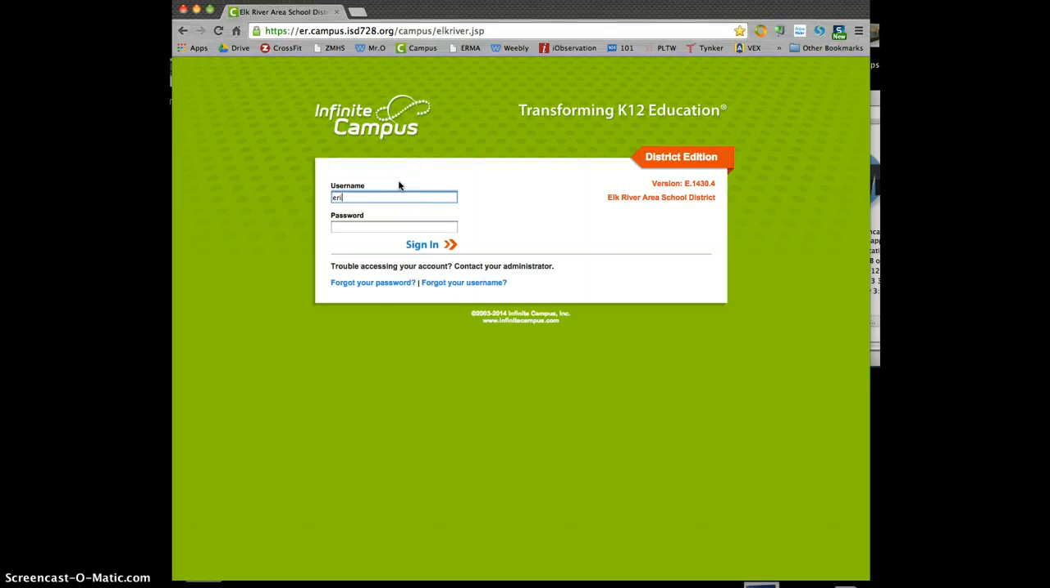And it's just your first name dot your last name, and then it's your password. That works for all things. Works for your Gmail, works for your Campus, works for everything. Same first name dot last name and your password. So I think even logging onto your computer, but it's the same exact way. On Campus,